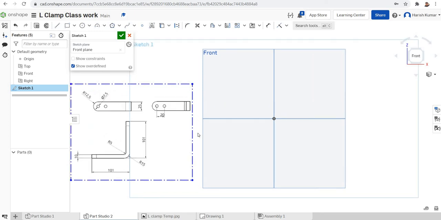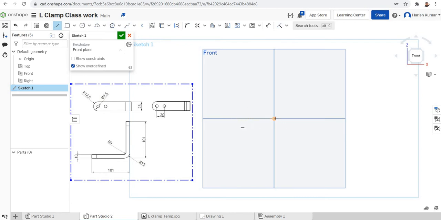Now we know the dimensions, so we will start to make the L-clamp. We know that it's 100, 101, 101. So I'll make a sketch from here.